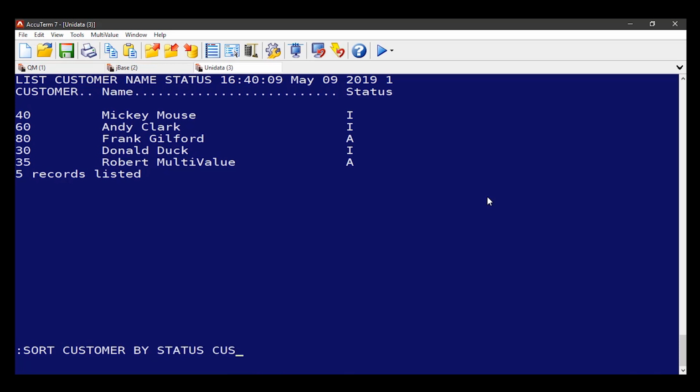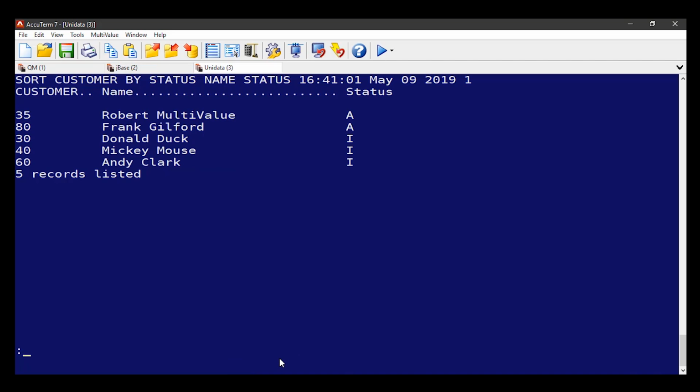I want to see the name and I want to see the status. So keep in mind I've got my command, my file name, I have the by clause, which is by field name, and then I have 2 fields that I want to see, name and status. So now I see these, but my status is actually showing 2 active people grouped together and then the 3